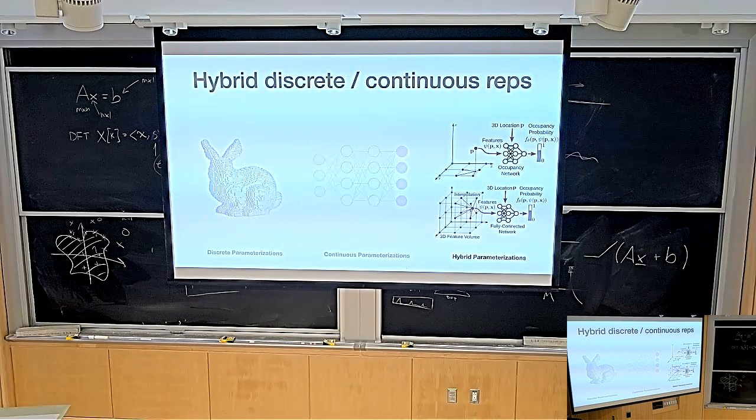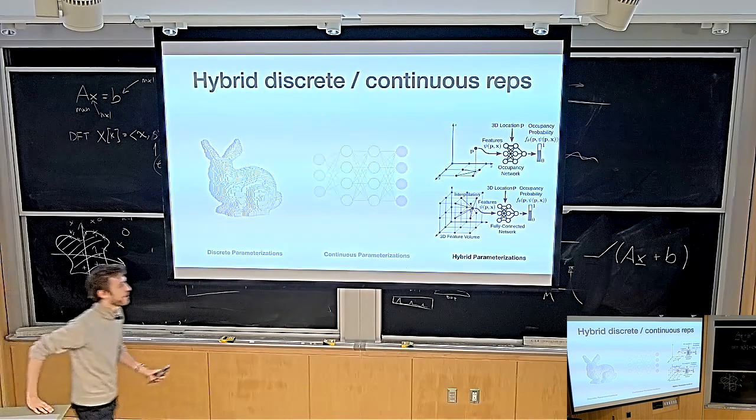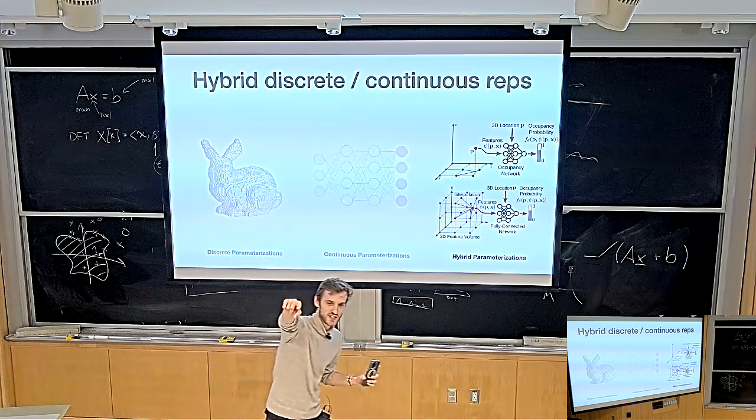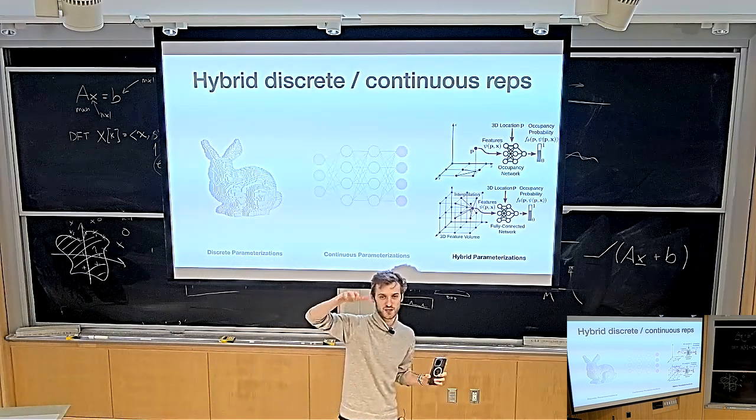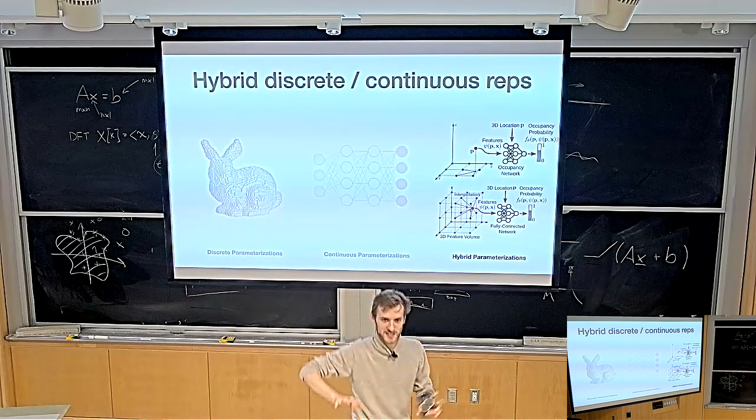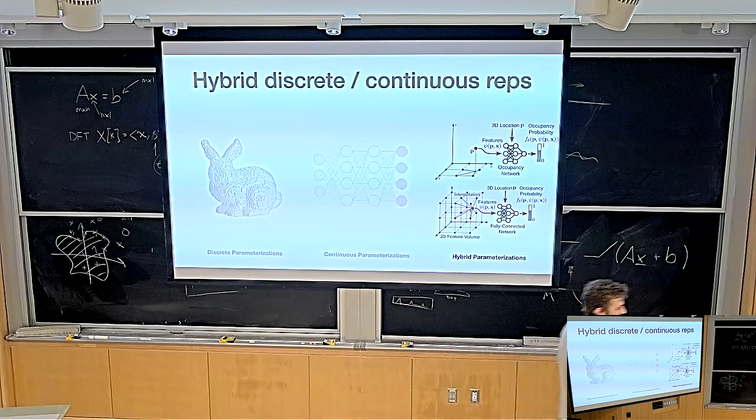So now neural fields. Actually, this we're going to get through, I promise. This is a cool topic, and it still remains very relevant today. Now we're getting into generalization territory. We're going to talk about something that's actually useful to machine learning. Crazy. So, hybrid parameterization. It turns out there's something in between a discrete parameterization and a neural field.